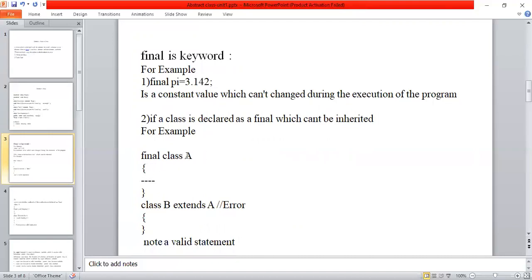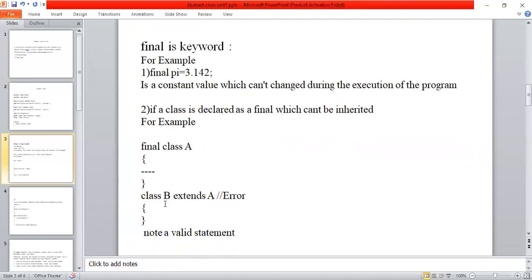Suppose I have class B and I'm trying to extend A, then it is going to give an error because my A class is of final type. If it is final, we cannot inherit the class. That is the second advantage of the final keyword. The first is that it is used to define a constant value, and the second is that the class cannot be inherited.